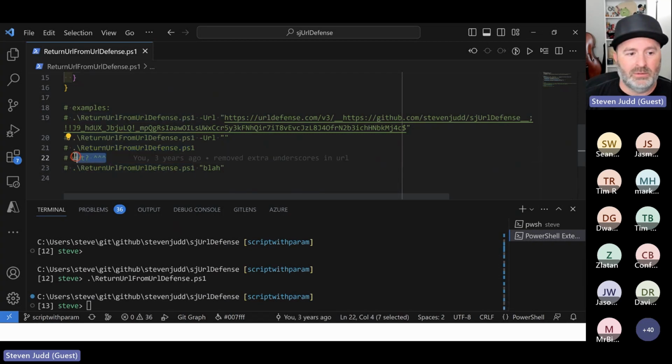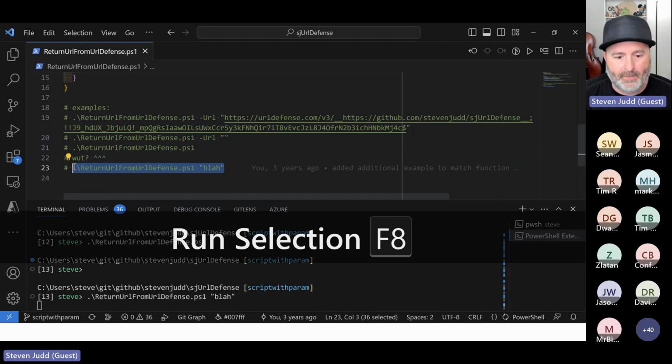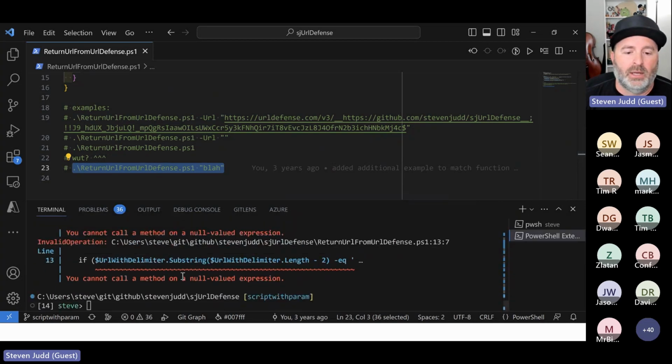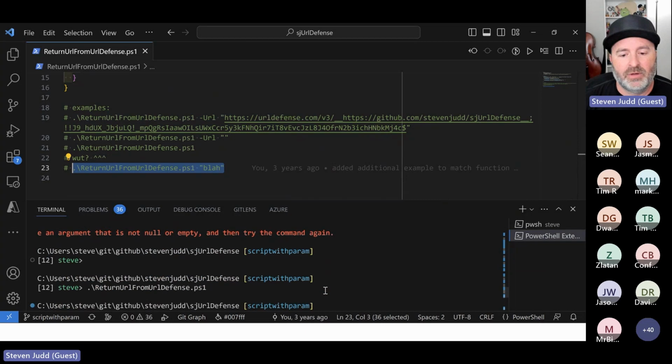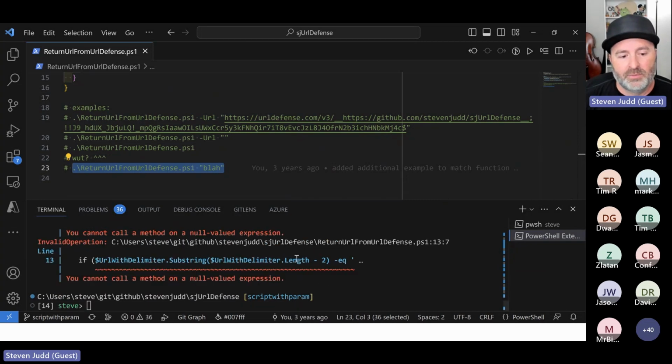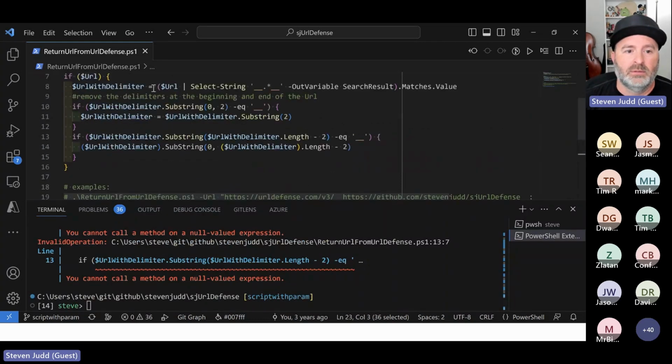Notice how I put what in here? Okay, what about this? I'm going to explain that in just a second. What does this do? Yeah, you cannot call a method on a null-valued expression. The reason is, when it's looking for the delimiter, it says nope, because it just blows right past this. This is not actually a check. It's just saying, give me the value. Well, when that's not there, this becomes null, then it goes to null, and it does substring on null and blows up, and then it does it again. So that's why we're getting the red text.